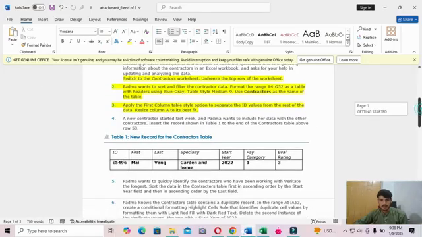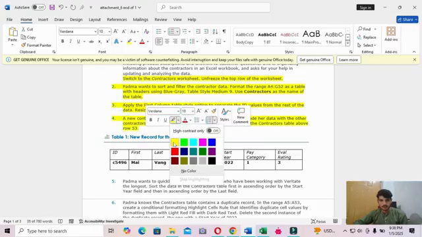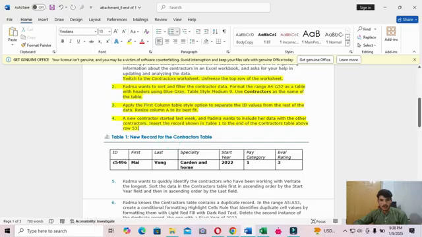Okay, next step, Step 4. A new contractor started last week and Padma wants to include her data with the other contractors. Insert a record shown in Table 1 at the end of the table.